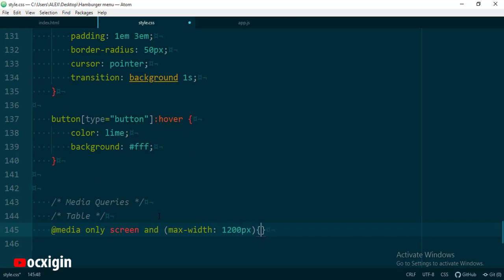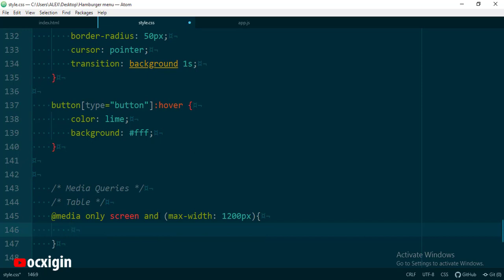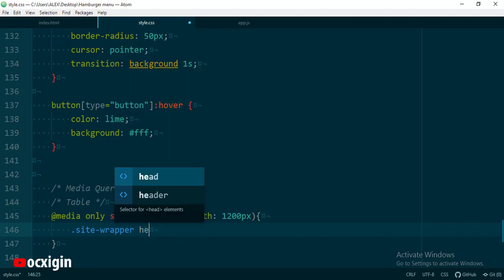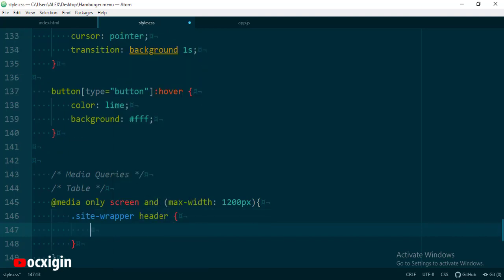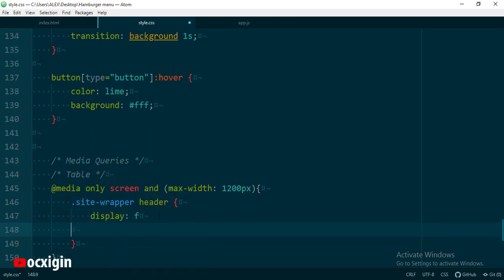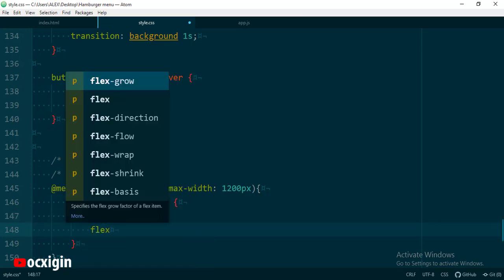Okay, so once it's 1200 pixels, we want to target the site header, the site wrapper rather. I'm going to target the header. Okay, I want it to have a display of flex. I want flex direction to be